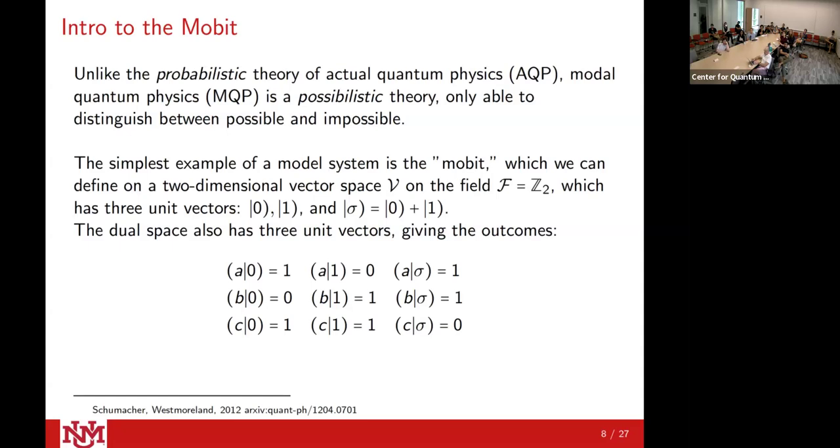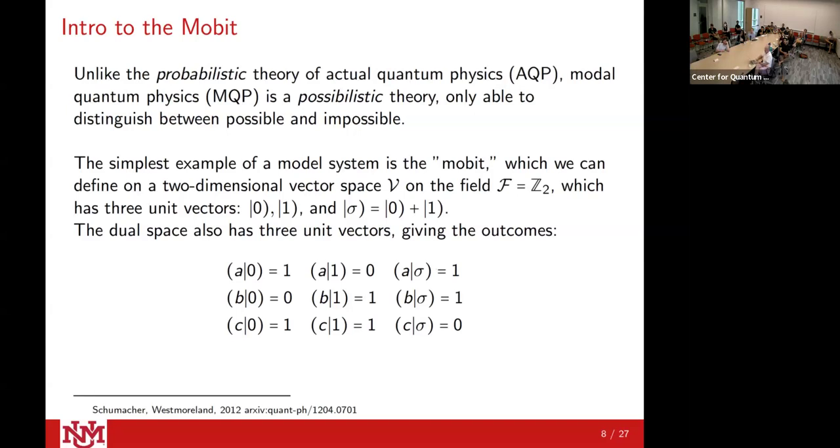So the simplest example you can write, your state's going to exist on some vector space V over some given field. The simplest field we can write down is the field of integers modulo 2, where we have these three unit vectors, just 0, 1, and then some sigma is 0 plus 1. You have these inner products. Now, I was reading this on a plane, and I was looking at this one, and I was like, shouldn't that not be 0? But then I forgot about modulo 2. So you do the inner product, you get 2. 2 modulo 2 is 0. It also gives the space a nice symmetry.